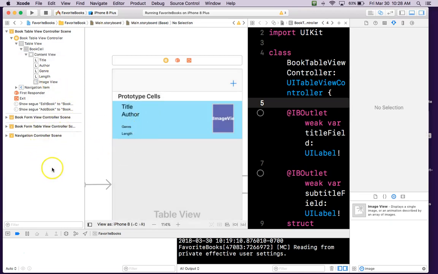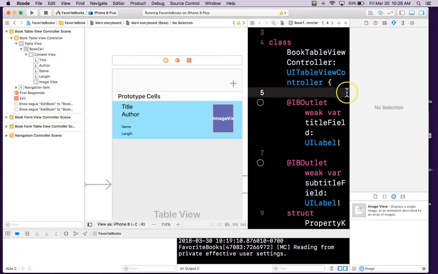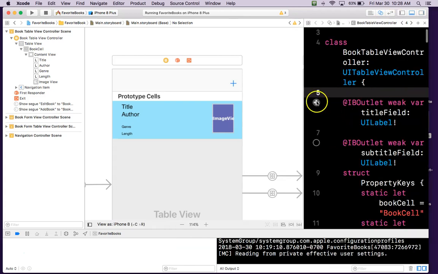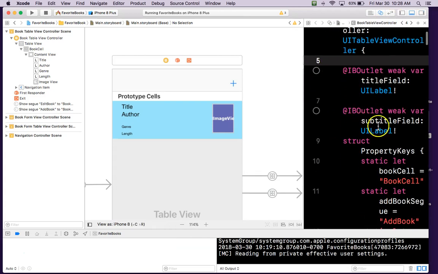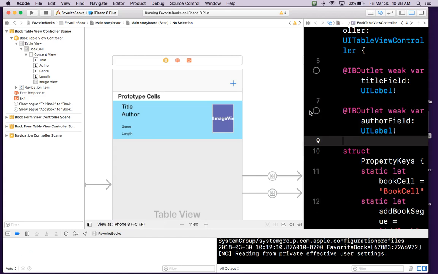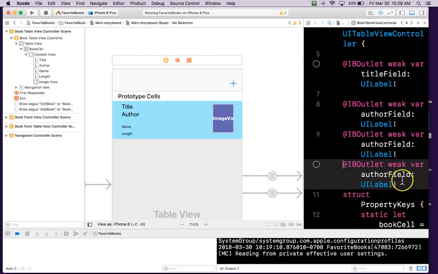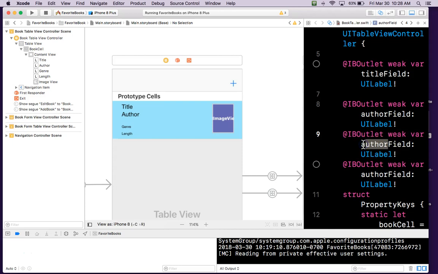All right, let's see what's next. So now we've got to make some connections. I've got these two labels here now, and you see they're empty. This one's called subtitle field, but actually it should be called author field. And you know what? I'm just going to be lazy. I'm going to copy and paste here. It's going to yell at me because I'm calling them the same thing, but I'm going to change from author field to genre field,